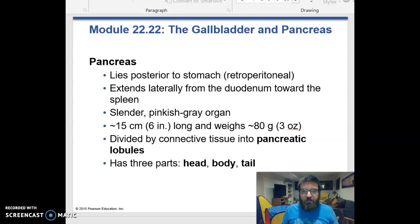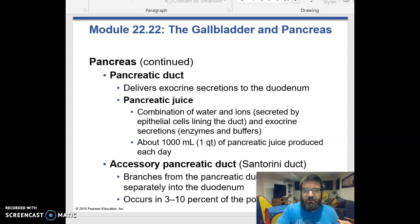Excuse me. The pancreas, really, it has two main jobs. One of them is endocrine, and we talked about that before, right? The pancreatic islets have cells that secrete glucagon and insulin to regulate blood sugar. But the rest of those cells, which we call acinar cells, are all there to secrete pancreatic juice, which is full of enzymes. It's also full of buffers, because the chyme coming from the stomach is very acidic, as you